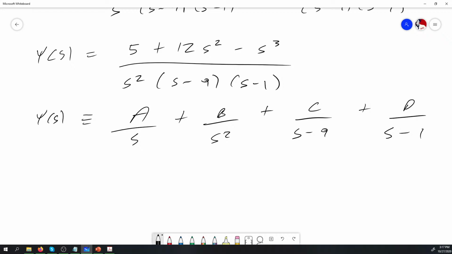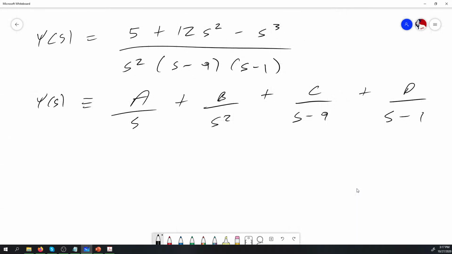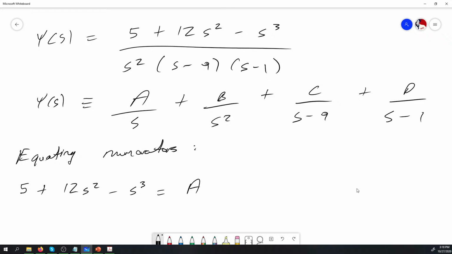If we equate the numerators accordingly for partial fractions equivalents, that means we get 5 plus s squared cubed is going to be equal to A s into s minus 9 into s minus 1